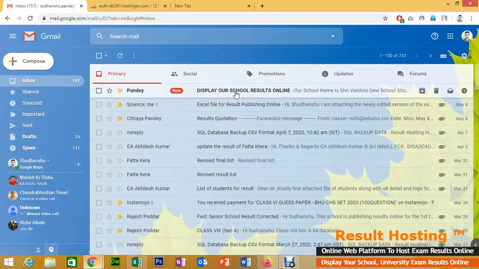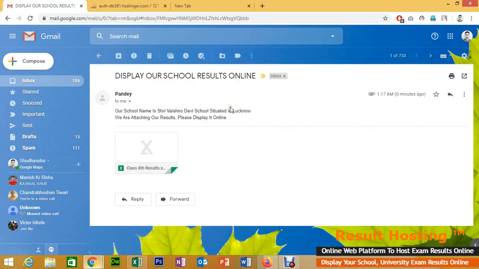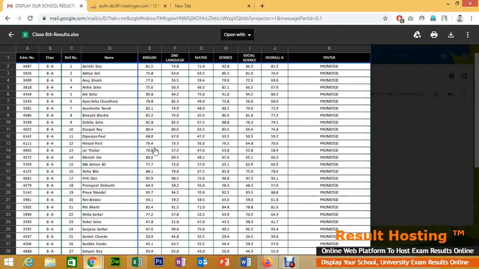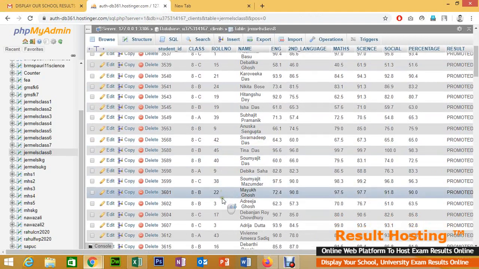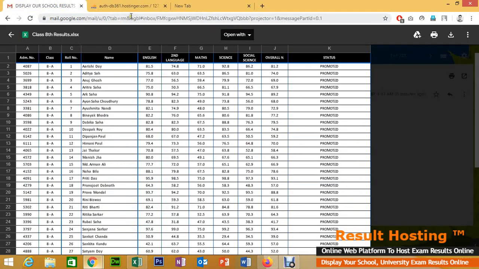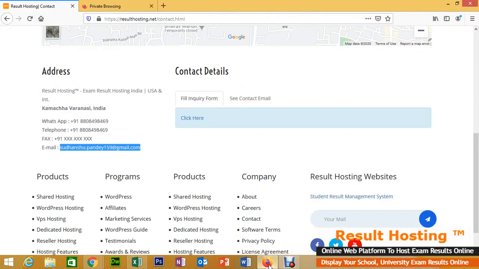Now, as you can see, the message was received by the company, Result Hosting. As you can see, all the data, 4087, and what they do is they will set up the database for this data. As you can see, student ID. Now what we need to do is